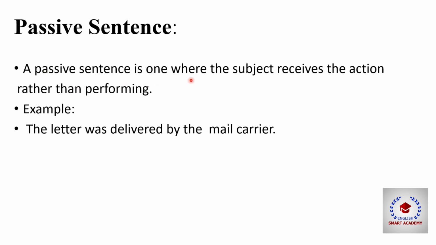Passive sentence is one where the subject received the action rather than performing. So in this construction, the subject is acted upon by another element and the sentence typically uses a form of verb to be followed by a past participle of the main verb. So here the subject is passive. This is the example. The letter was delivered by the mail carrier. Here letter object, it is in the place of subject, and then we have helping verb, then V3 and mail